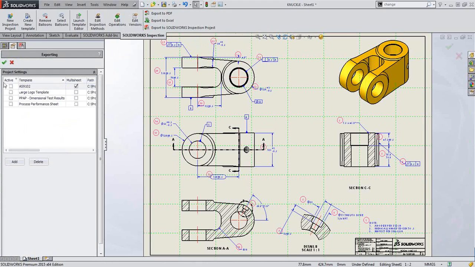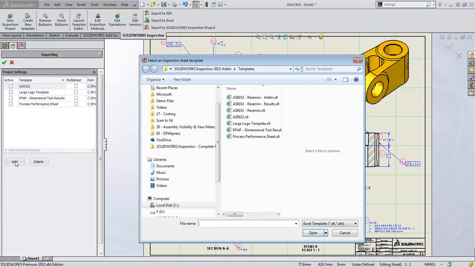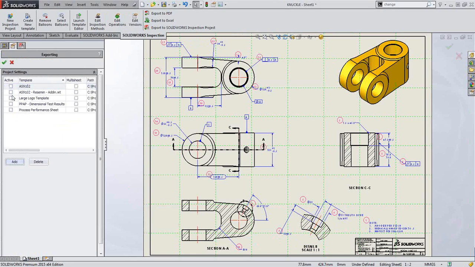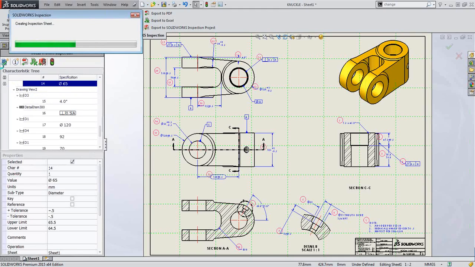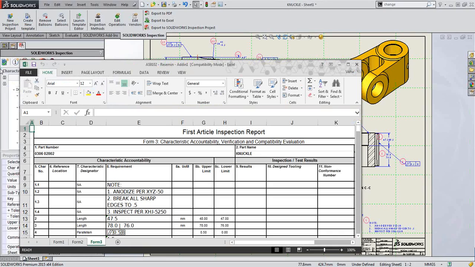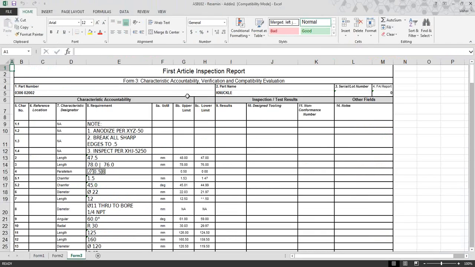I'll just choose Excel in this case. You can see again we have different templates for Excel. You can add your own template. So for this I'll use one template that I have there. I'll just say active, okay, and just say okay. It will create a complete report form. You can see the time that it takes to create that report, it's so fast. You can see my first article inspection report for that particular drawing is ready